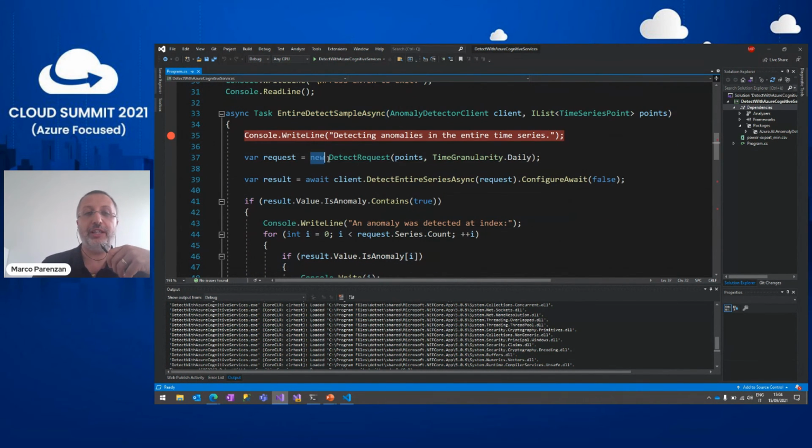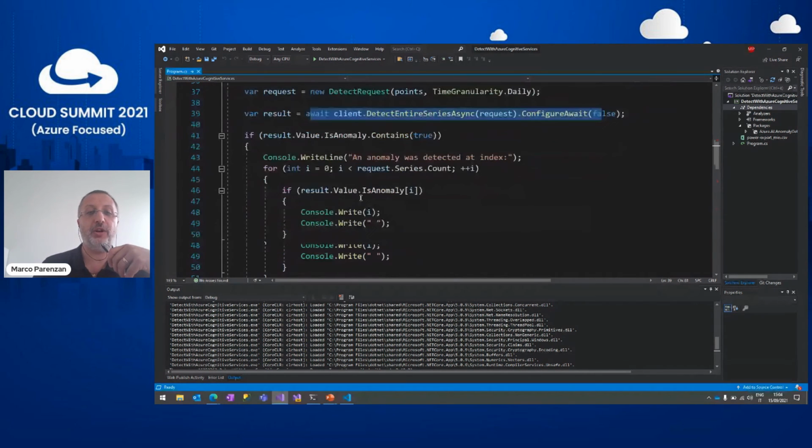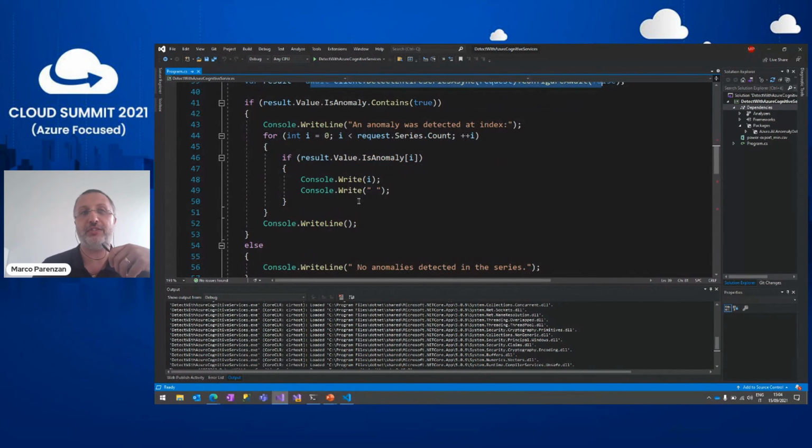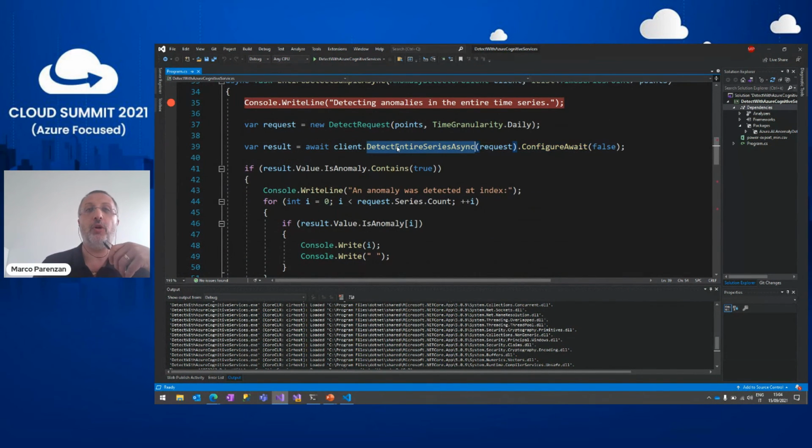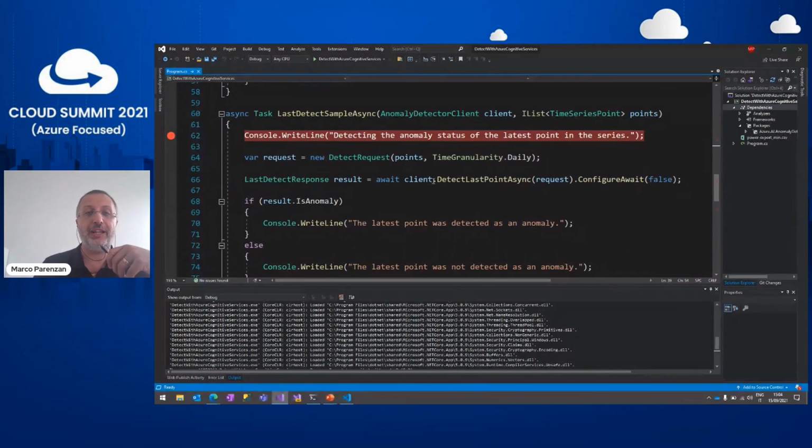So you create a request in which you put your points, and then you just have a request, and that's it. One request, one invocation, and then you have your result. This is just demo code. With this library, you can detect all the outliers of the series, or you can detect the last